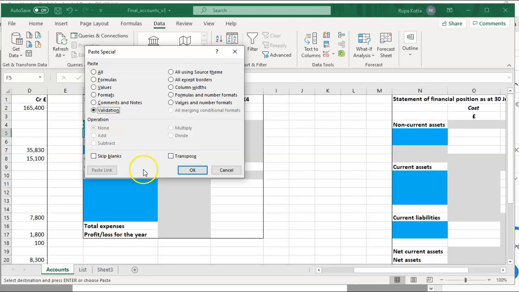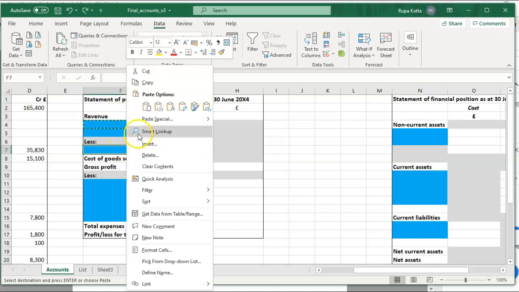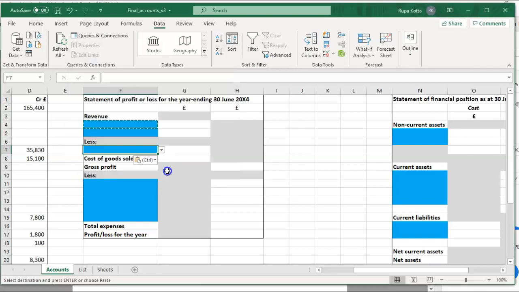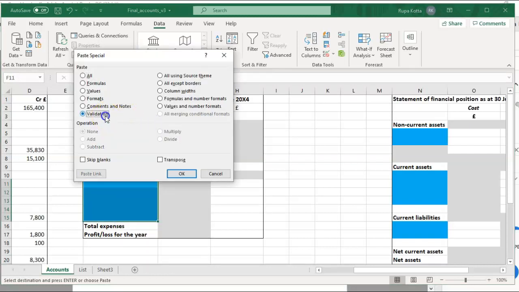So click on validation and say OK. Do the same in the other cell also. Right click, paste special, paste validation. Here all the blue cells are in a row, so select everything at once, paste special and paste validation.